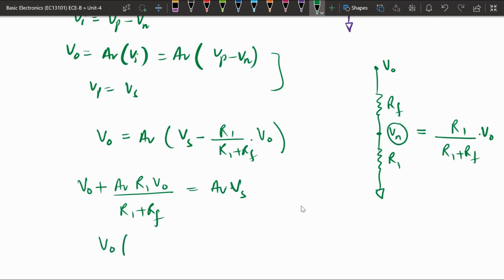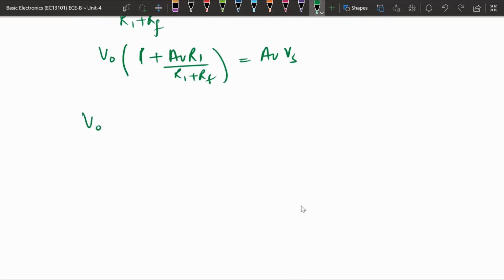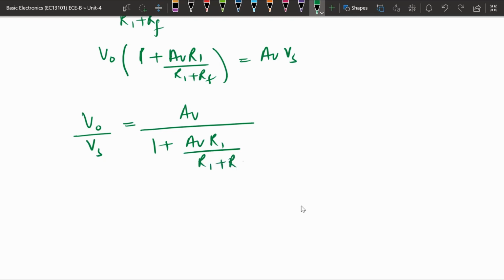So from there V0 will be equal to, we will be separating it out. So from there V output divided by V input, that is Vs, will be given by AV divided by 1 plus AV R1 by R1 plus Rf. So this is what we can get in case of exact analysis. Okay, so we are doing the exact analysis, and we can rewrite it like